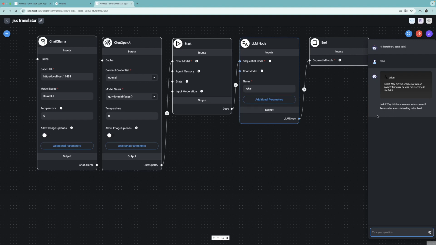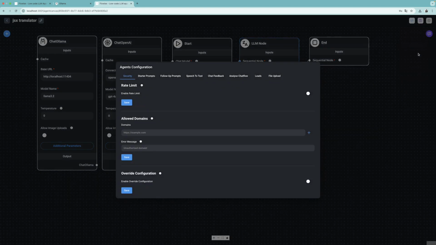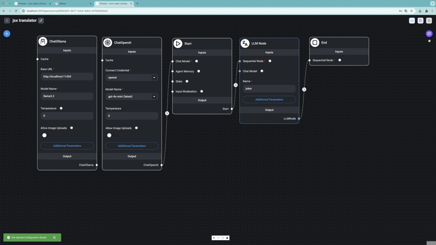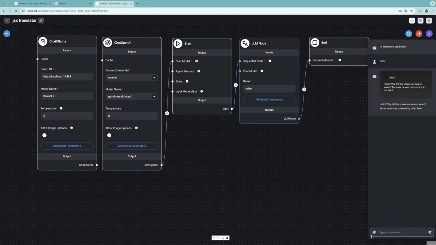So now we can actually work on our project where we are going to translate JSX files. So first of all, we have to enable file upload. As you can see over here, there is no option to do this. So let's head over to settings and then configuration, and let's click on file upload. And here we have to enable full file upload. Next, let's press save. And then if we open up the chat window again, we are now able to upload